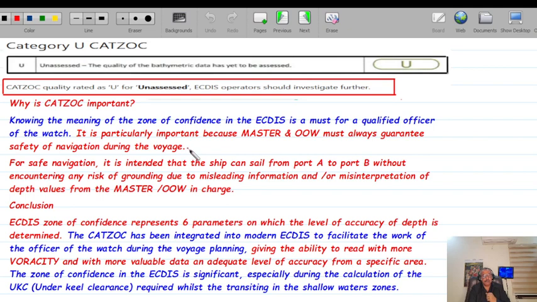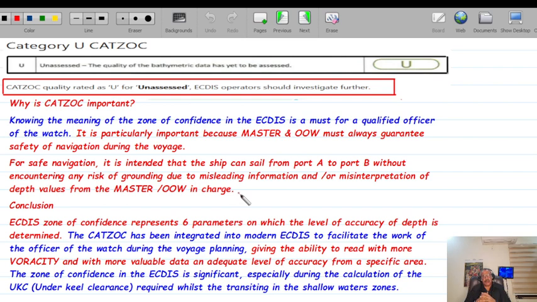during the passage. For safe navigation, it is intended that the ship can sail from point A to point B without encountering any risk of grounding due to misleading information and/or misinterpretation of the depth values from the master and/or OOW in charge. And that is the reason on all the navigational charts where hydrographic surveys have been carried out, and the quality of bathymetric data has been assessed and evaluated,